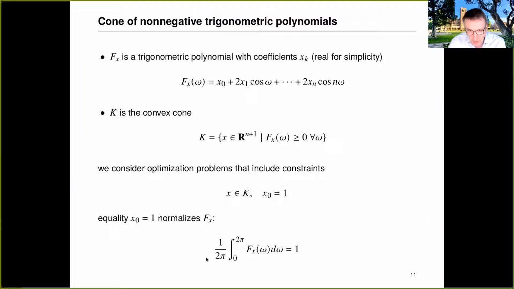But other normalizations are possible, right? You can have an upper bound x0 less than or equal to 1, or assume that in the objective you have a term that involves this quantity. So as I mentioned, this constraint that the polynomial is non-negative